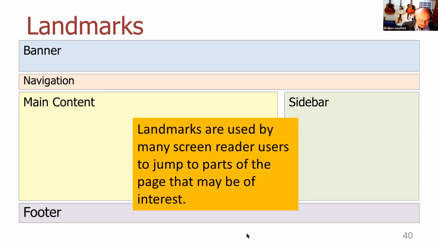Okay, now screen reader users may use these landmarks to jump around to find a bit they're interested in. The key thing here is when I arrive at a new page, it's often the main content of that page is the bit that I'm most interested in. And so I'll want to try and find the main content landmark. Okay, and then when I've read that, then I might want to find the navigation to go and find something else on your site.